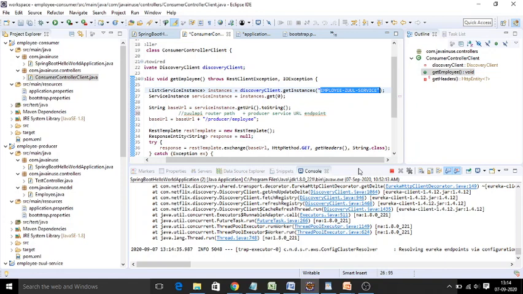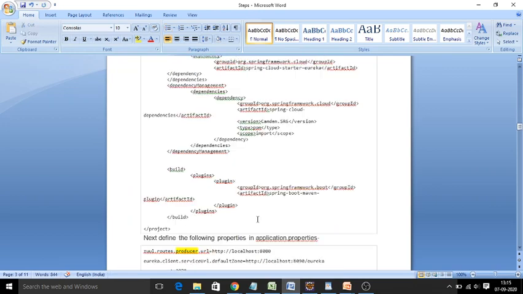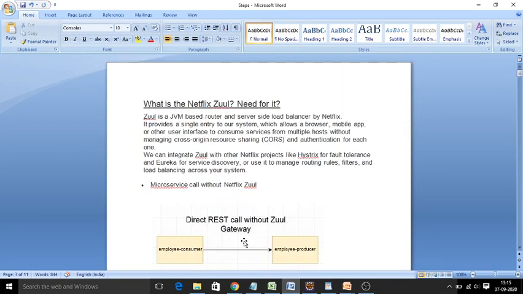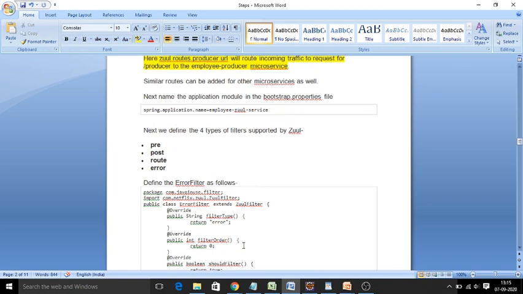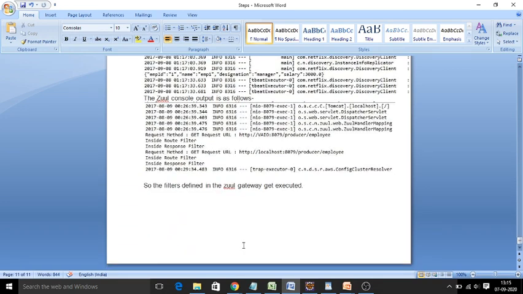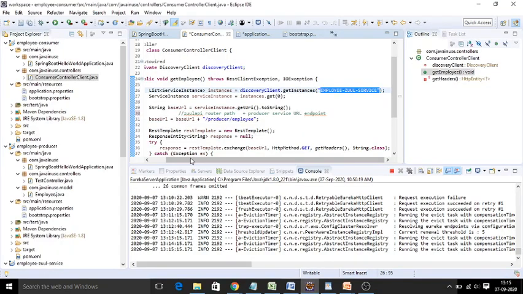That is the reason in the consumer application you now need to get a client instance of the Zuul proxy service instance, so the request will pass through this Zuul proxy. The same thing is discussed here. If you observe, the request is passing through your Zuul gateway, and you can observe at the console the path of your API gateway. We will observe the same thing in our application.